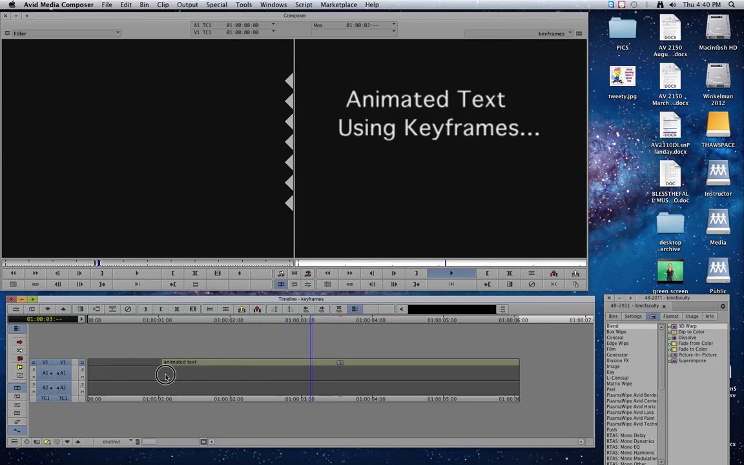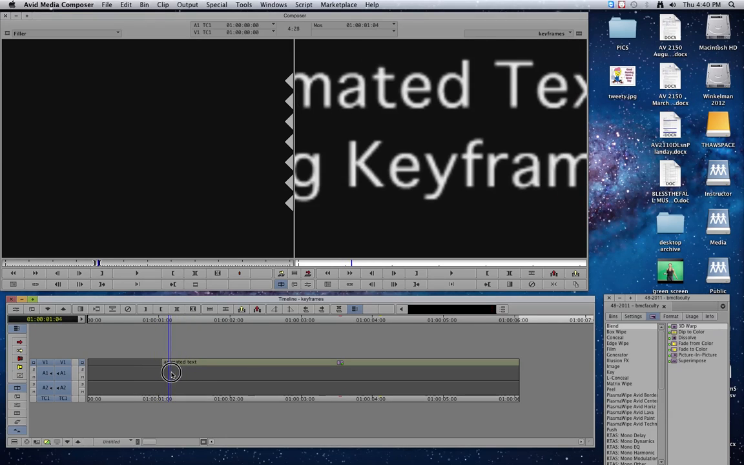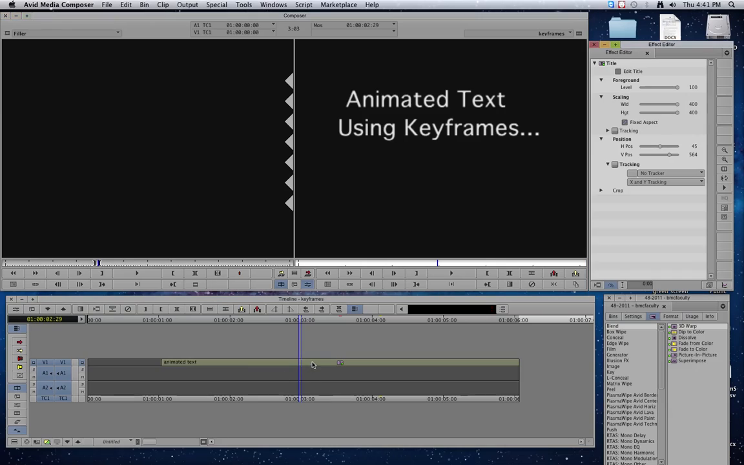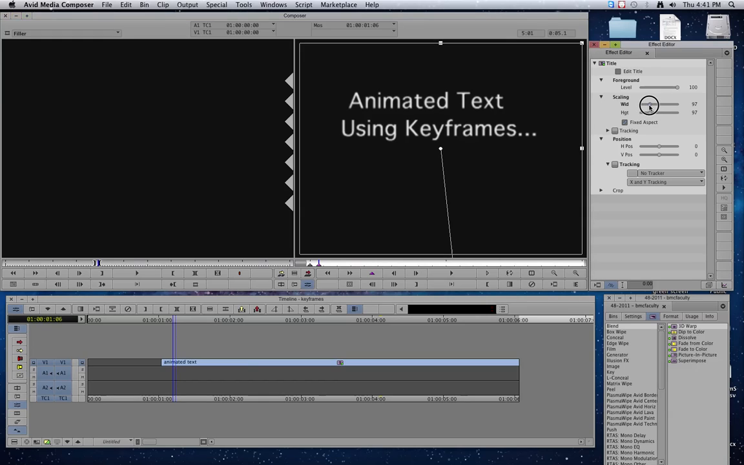Okay, it's kind of like that. And so that's kind of neat. If you've got some good music, something good and rocking and fast, you can do some text so that it slams onto the screen real fast. Now, if you want to continue with the movement idea that we had earlier, we can take that second keyframe, take the scaling down just a little bit,